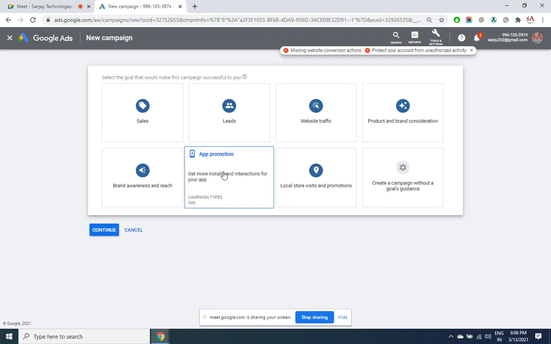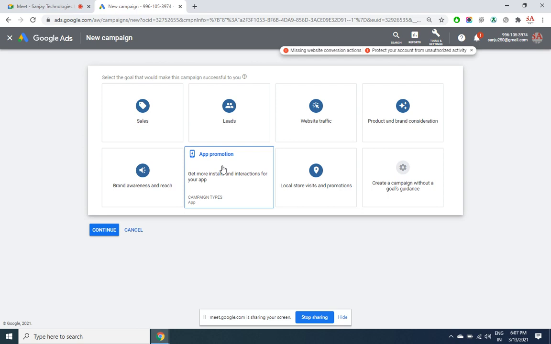While you are creating a campaign for app promotion, you have a choice here, either to target the ad to the people who have already installed your app or to the people who haven't installed your app. The ad will only be shown in eligible devices. That means it will be shown in tablets and mobiles, not to desktop users, not to laptop users likewise.